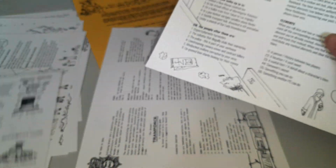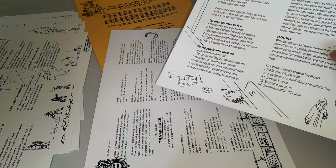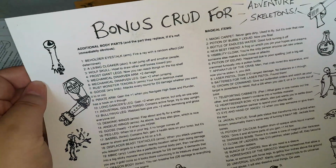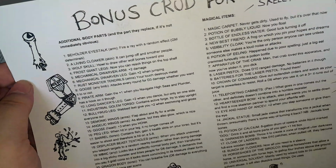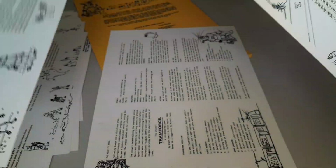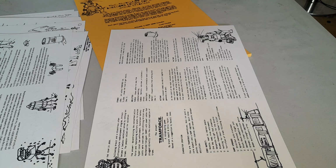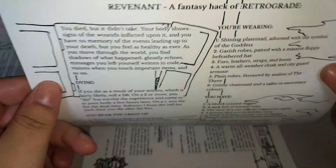Also, I didn't show what's on the back of Adventure Skeletons. Literal bonus crud for Adventure Skeletons. Which is cool. And Revenant Fantasy Hack for Retrograde. Which is cool. And finally, we come to